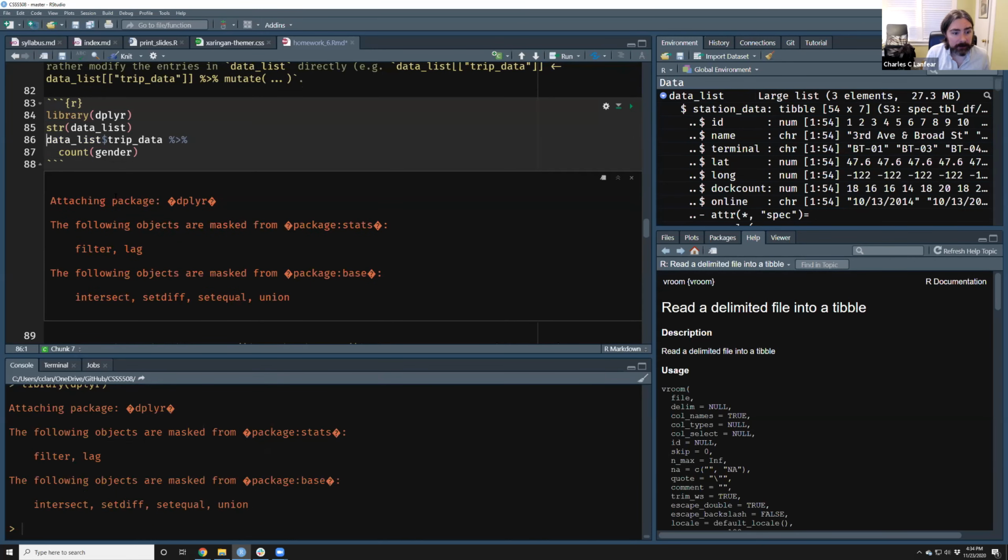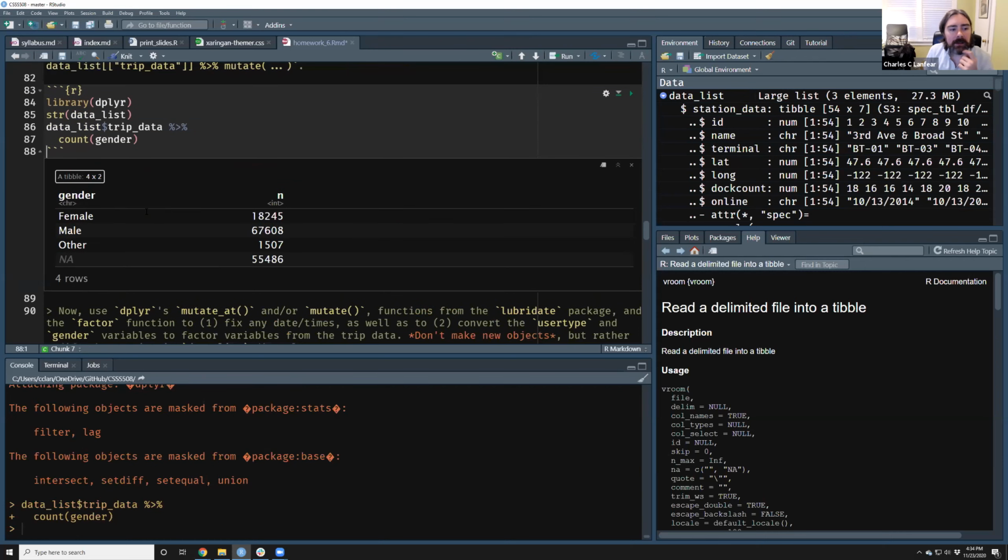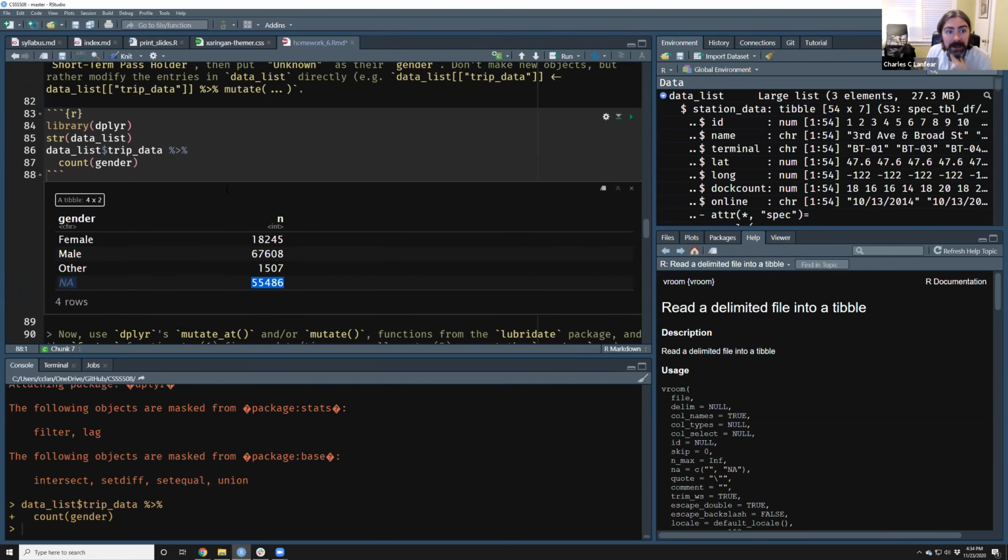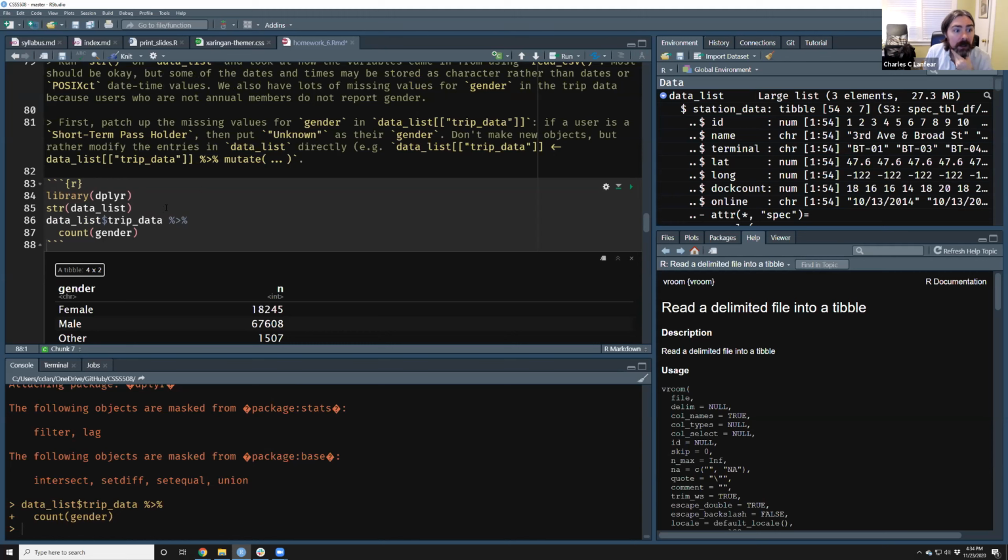Load dplyr. Now I can see that for the gender variable, there's female here, male here, other, and a whole bunch of NAs. Okay. And the thing I hint at up here is that if a user is a short-term pass holder, gender doesn't get recorded. So if I do a cross tab of gender and user type,